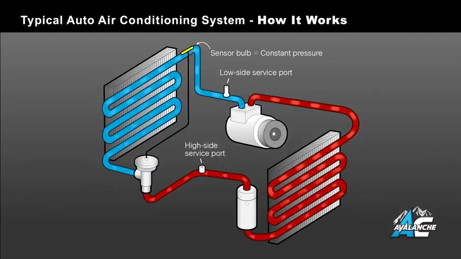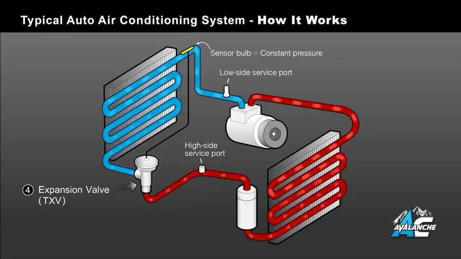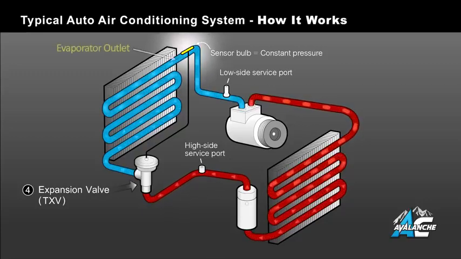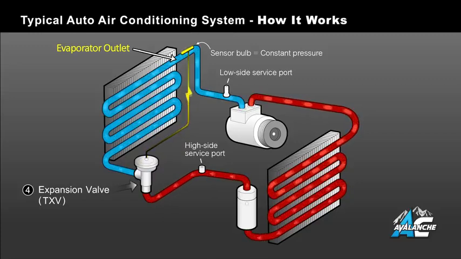A number of car manufacturers started using a thermal expansion valve, or a TXV, to make the air conditioner operate more efficiently and give better cooling. The TXV system, as shown in our diagram, has a small temperature bulb located at the outlet of the evaporator, which continually adjusts the refrigerant flow through the expansion valve and into the evaporator based on the evaporator's temperature and